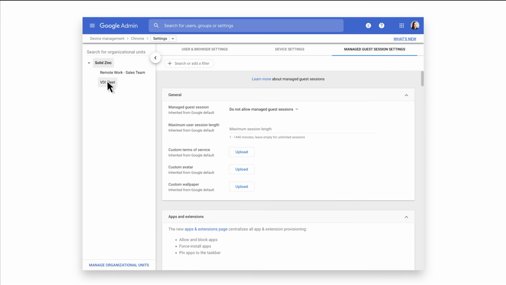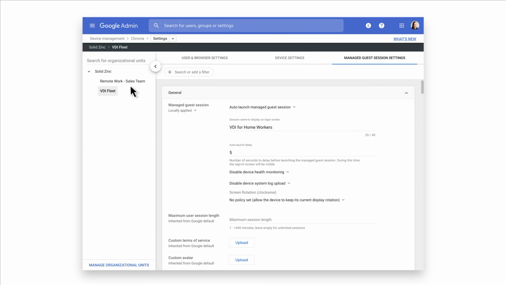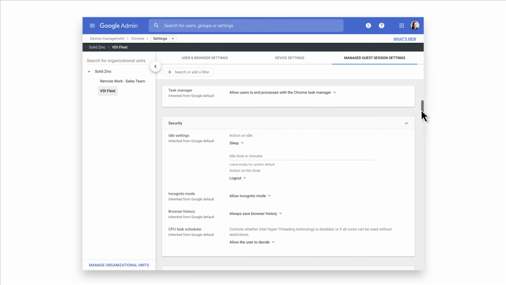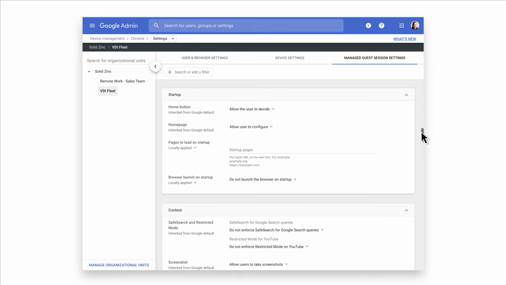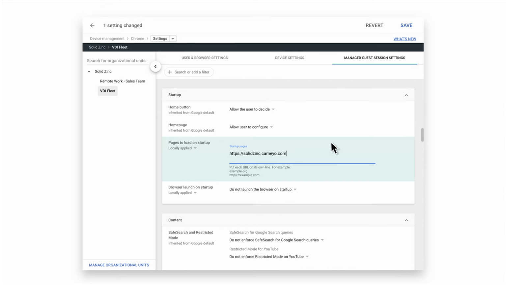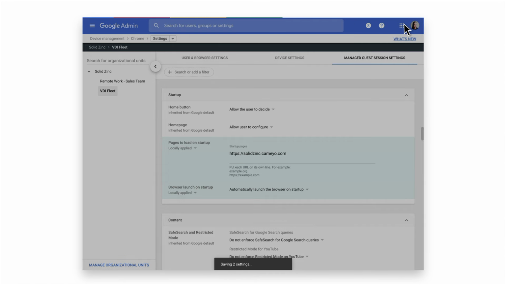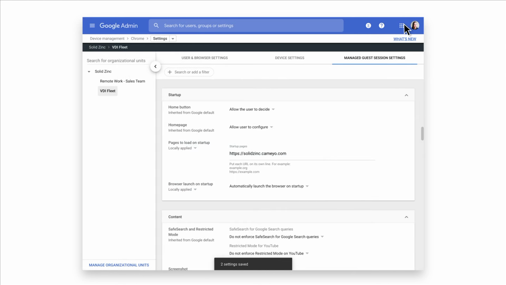Choose the VDI Fleet OU that was previously set up. The settings to auto-launch a Managed Guest Session were previously configured. Scroll down to the section Startup. Insert the URL for your Cameo portal. Then, choose Automatically Launch the browser on startup. Click Save. Now, every time a new session starts, the browser will automatically launch and the user will be redirected